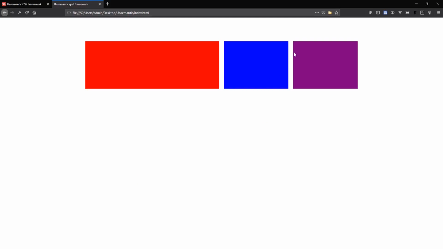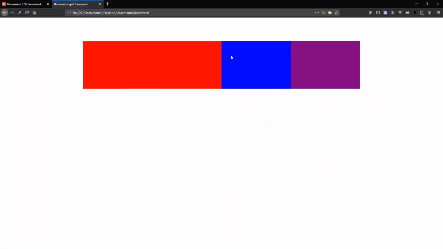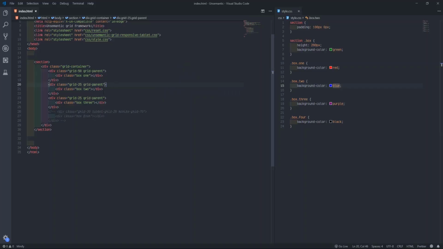So if I don't want this space at all, I want it to join, I go add one class on this place, after the grid 50, grid 25 now, inside this on semantic we call grid parent now. So this grid parent does two things for me. One, it will help me close the space while I still get my grids like this. Then another thing they help me do, I go show now.